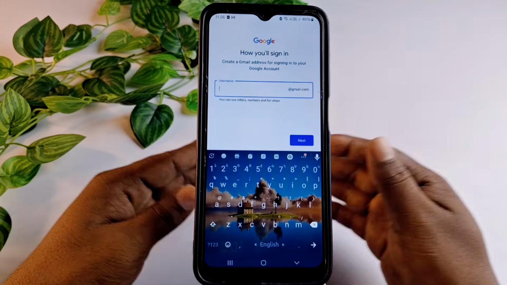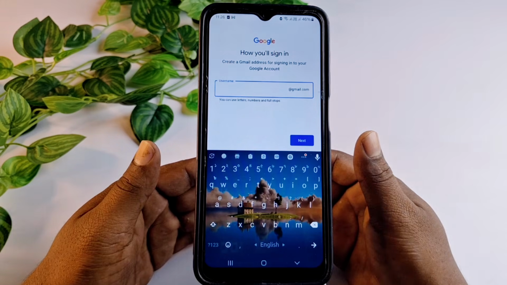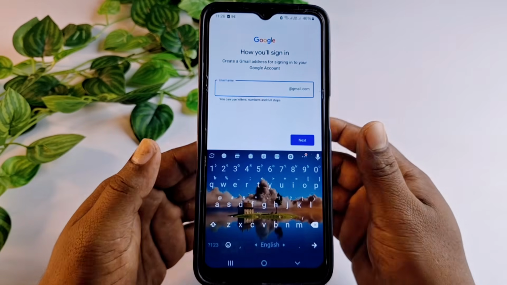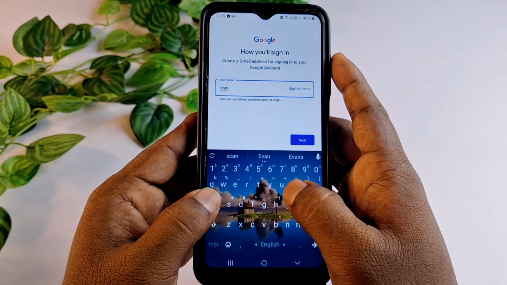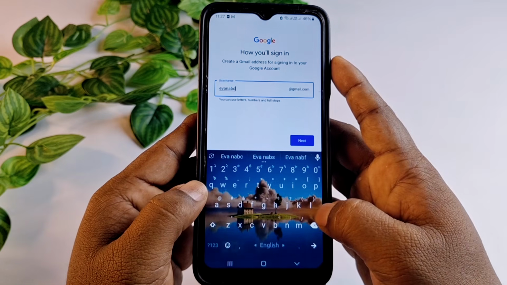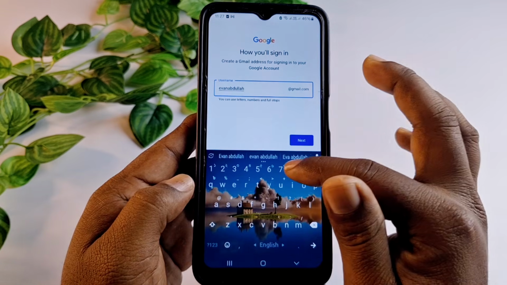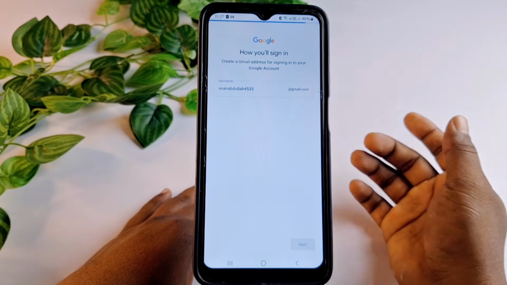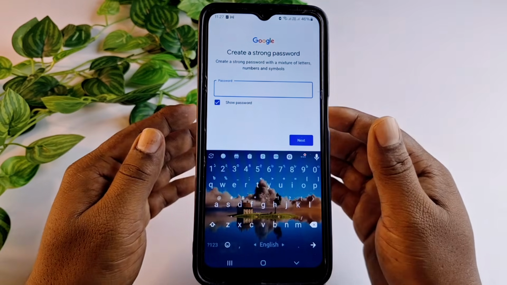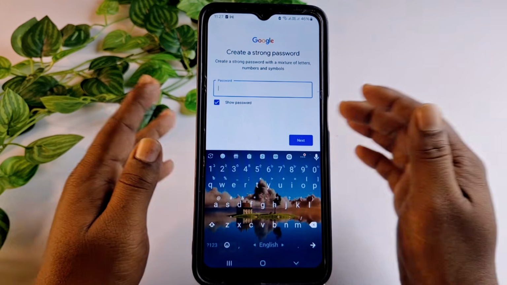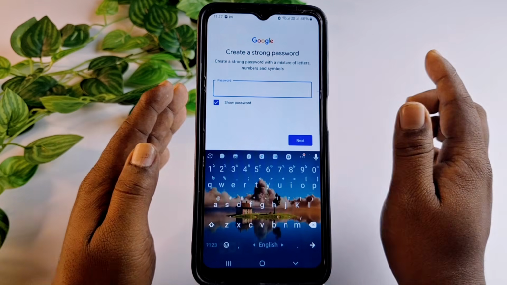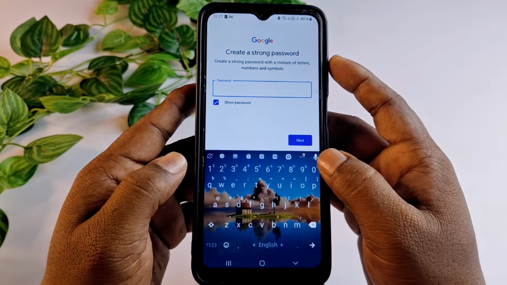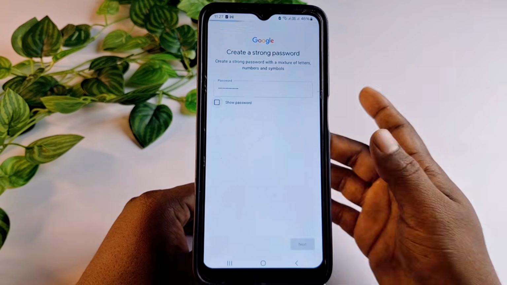Then sometimes it will automatically suggest some email addresses, but this time I need to create my own email address. Okay, so let me create my name Ivan Abdullah, then add some numbers, and after that let me try here next option, and it's done. So let me give some password, and remember to just mix some letters, numbers and symbols so that your password can be strong. Okay, so let me give my password. So after giving the password, let me click on next option